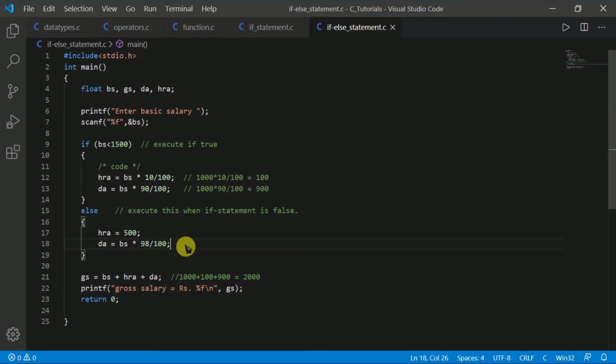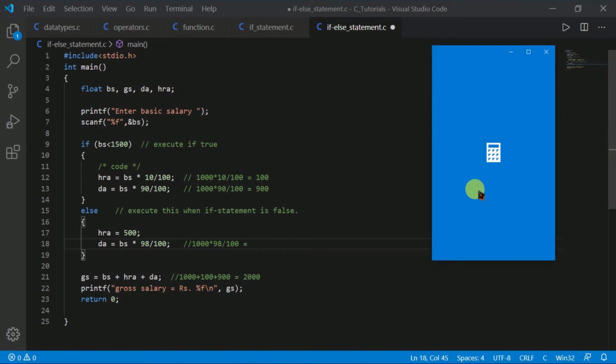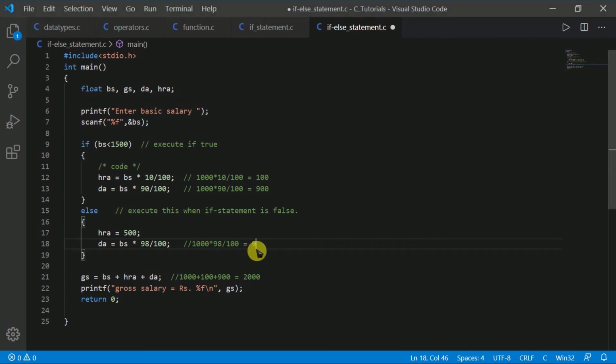So BS, 1000 multiplied by 98 divided by 100, let's calculate this. 1000 into 98 divided by 100 gives 980.